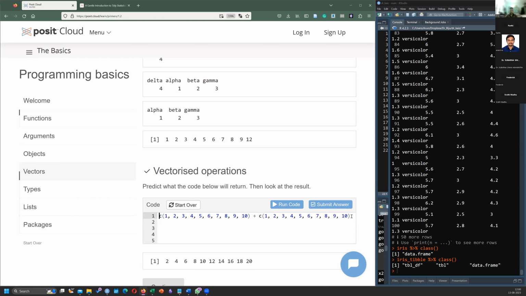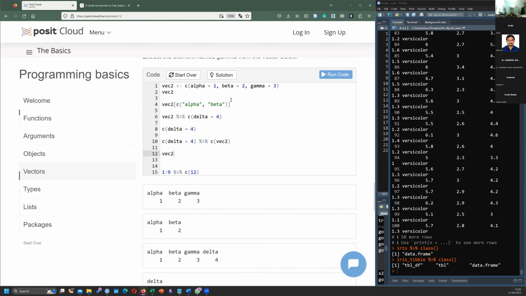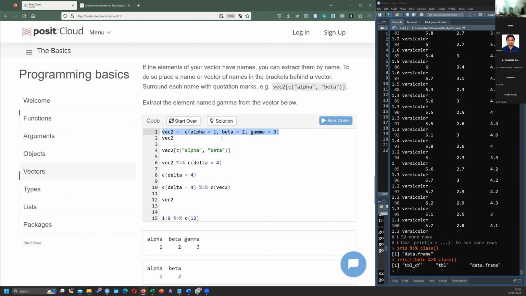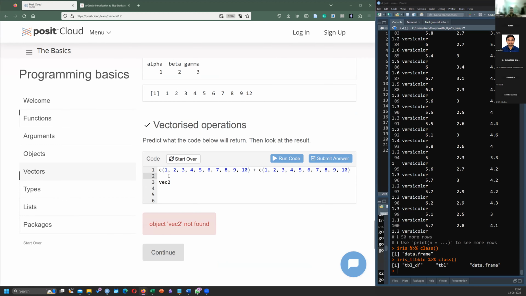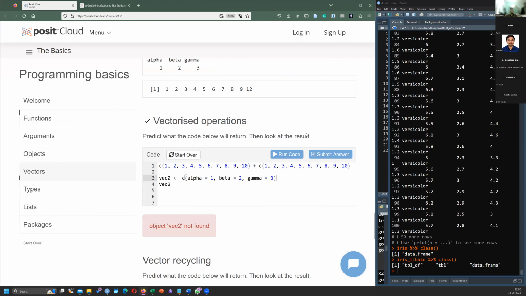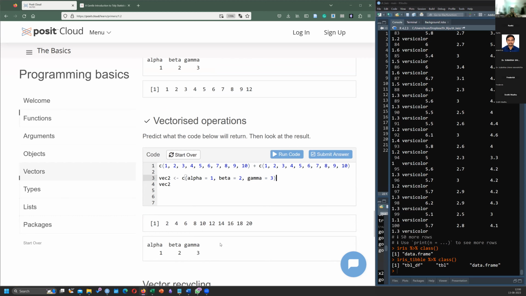We have created vector 2, no? Let's see if there is a vector 2 here. Vector 2 is not found. Let us create a vector 2. Vector 2 is this.